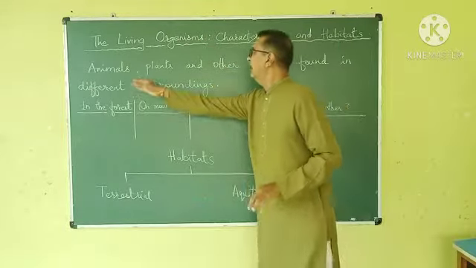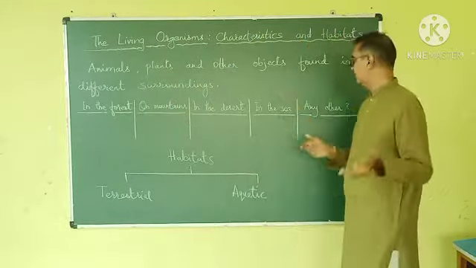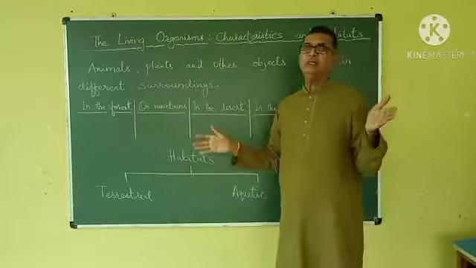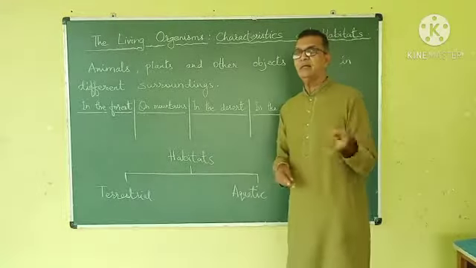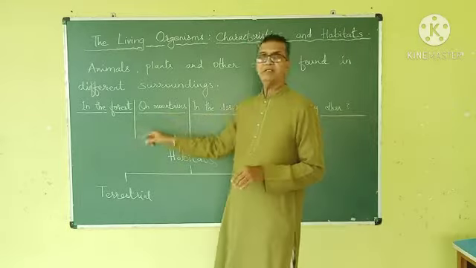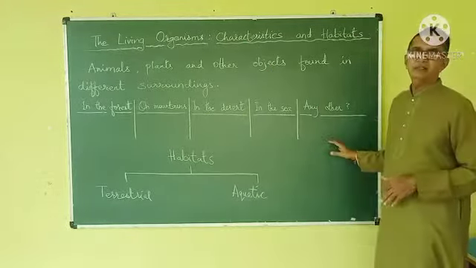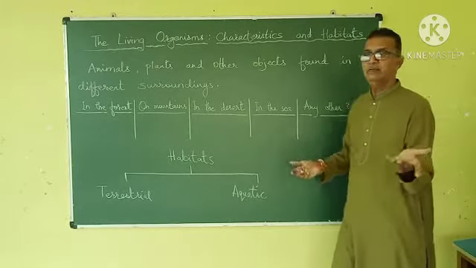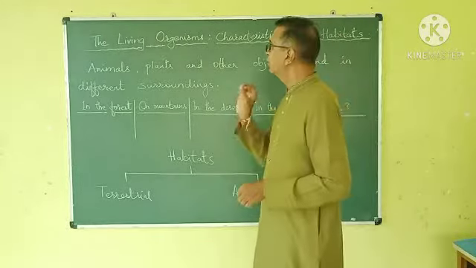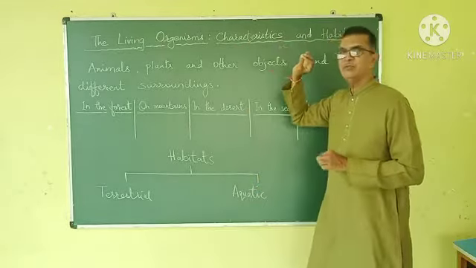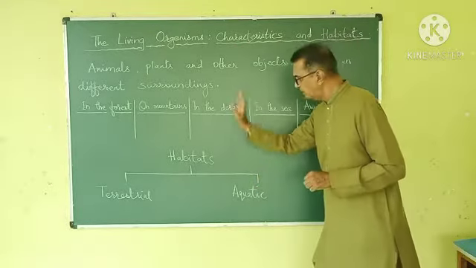Now, it can be animals, plants or other organisms found in so many different types of surroundings. These surroundings can be forest, mountains, desert, sea or any other, like the polar region. Okay. So, the organisms that are found here,